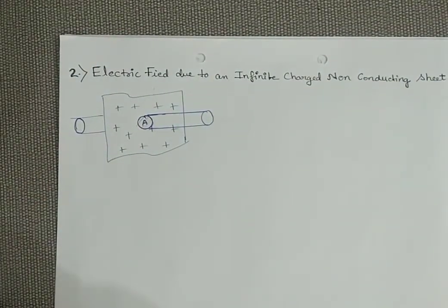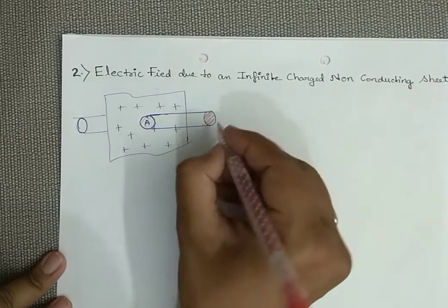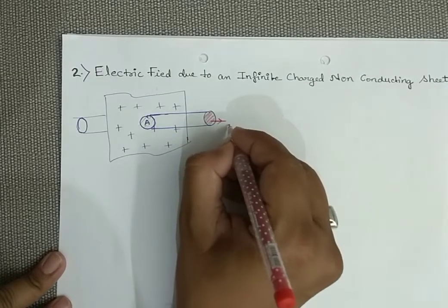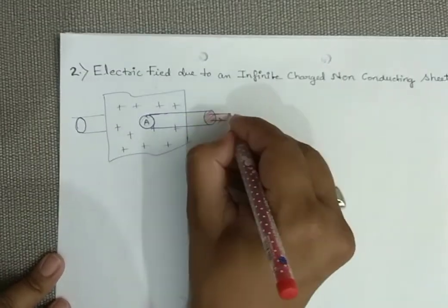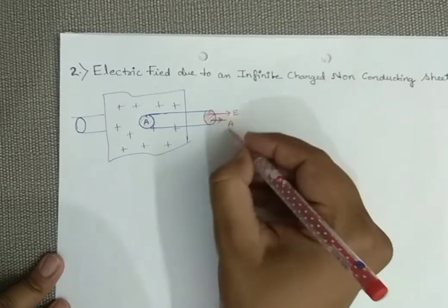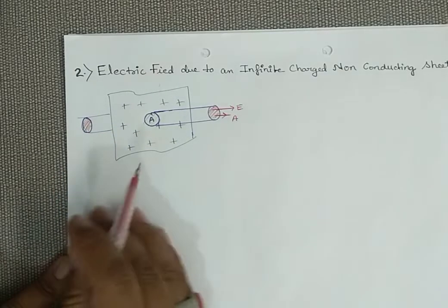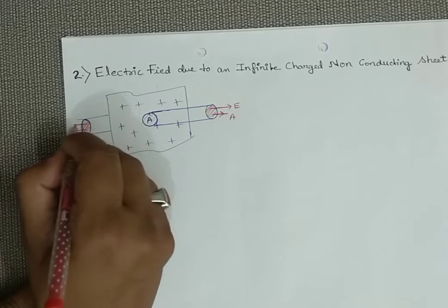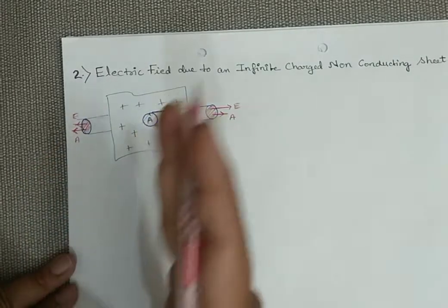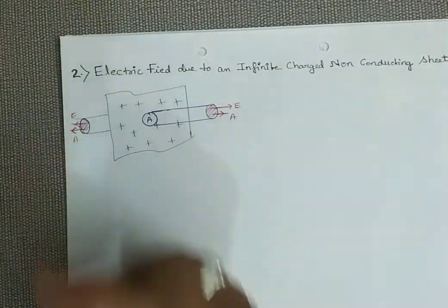Now I have to just see the electric flux. Now look at the two surfaces. First look at this surface. If I draw the area vector, it will be drawn perpendicular and outward, and the direction of electric field will also be in the same direction. So this will be the direction of electric field. Angle is 0. If we talk about the back side, for this area also the area vector will be in this direction, and electric field will also be in this direction. It is a positive charge, so consider it a positive charge. So electric field moves in this direction also, and in this direction also.